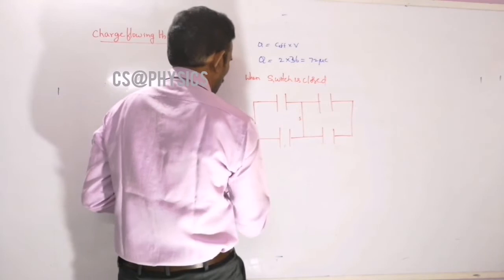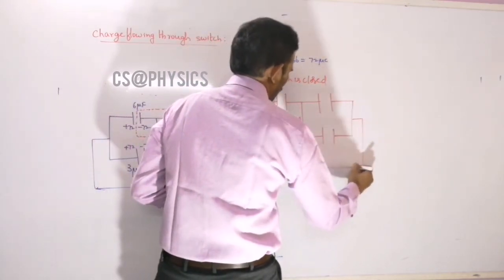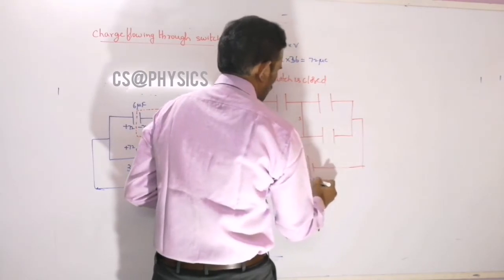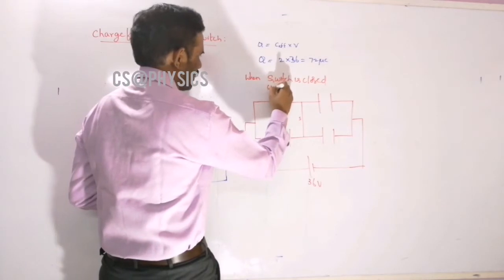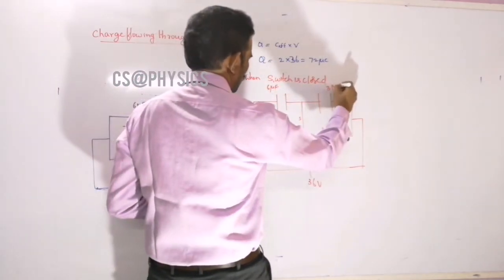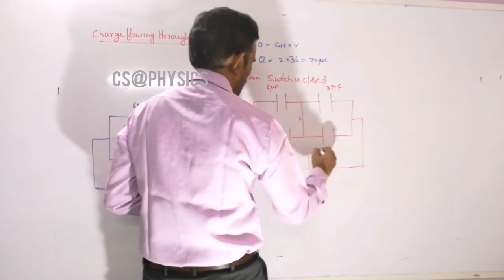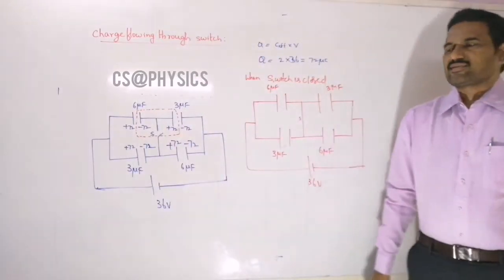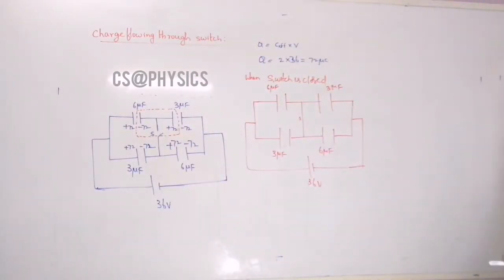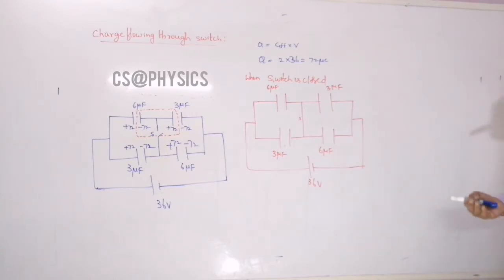Now again, this is the potential difference that we are applying, 36 volts, right? So now this is our circuit here. This is again 6 microfarad, 3 microfarad, and this is 3 microfarad, and this is 6 microfarad. So these are the capacitors. And now let us see, once that switch is closed, what will be the charges on each plate or each capacitor. First let us calculate here, and after that we consider that isolated system there, right?